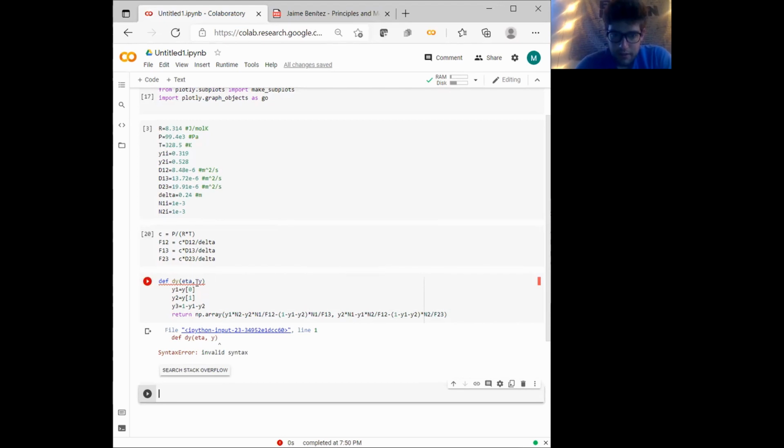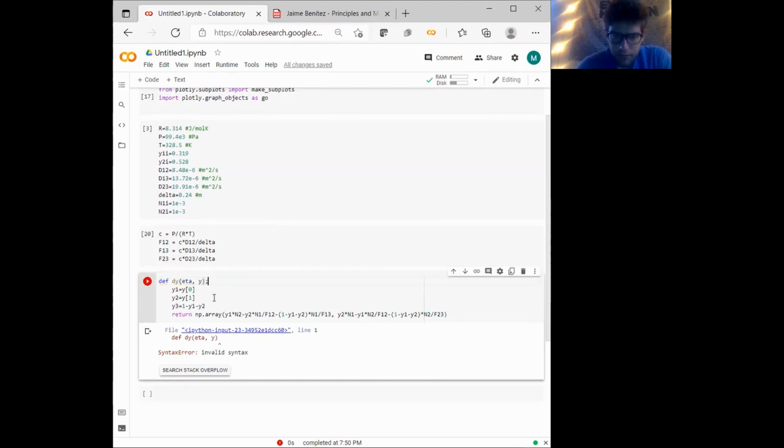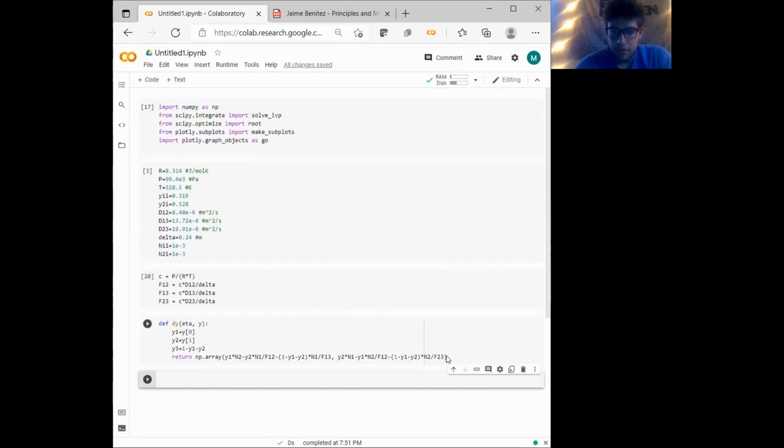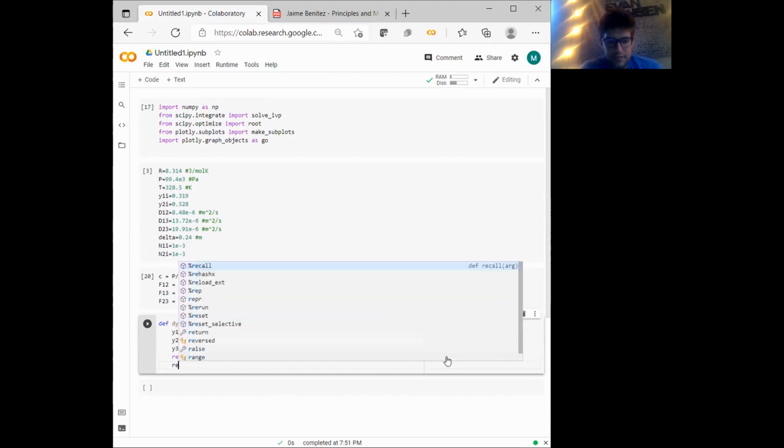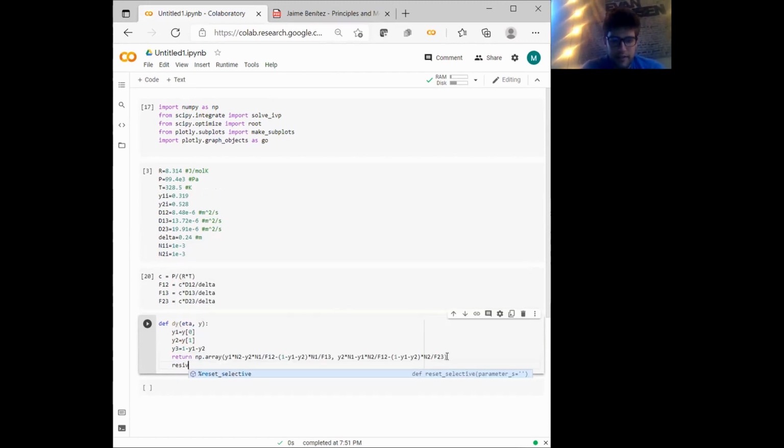Oh, I forgot some. Nope, not semicolons. Let's see if this works. Okay, so we know that works, and we know we typed those in right. And then we're going to now say, let's say the result of our initial value problem is equal to